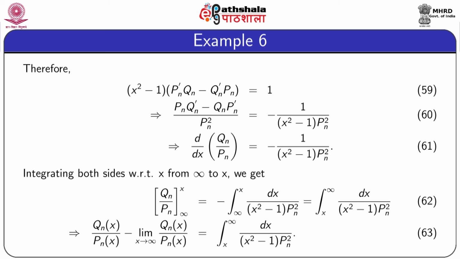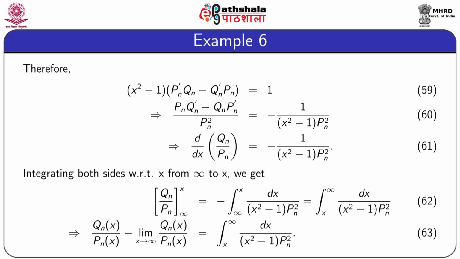Therefore, we arrive at equation 59, which says (x² − 1)(Pn′Qn − Qn′Pn) is equal to 1. You divide both sides by Pn² and you get equation 60. The left hand side of 60 can be expressed as d/dx of (Qn/Pn), and the right hand side is −1 by (x² − 1)Pn². We integrate 61 with respect to x from infinity to x, and we get Qn/Pn from infinity to x is equal to minus the integral from infinity to x of dx by (x² − 1)Pn²,